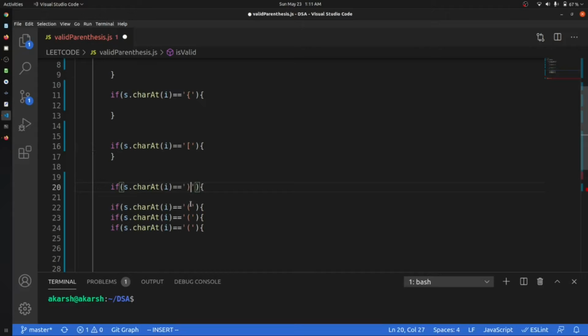Then we will have the closing parenthesis, the closing curly, and the closing square bracket.